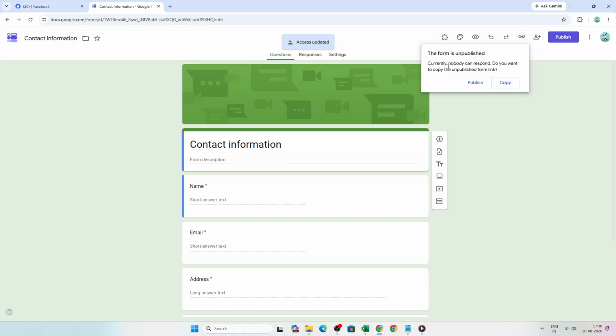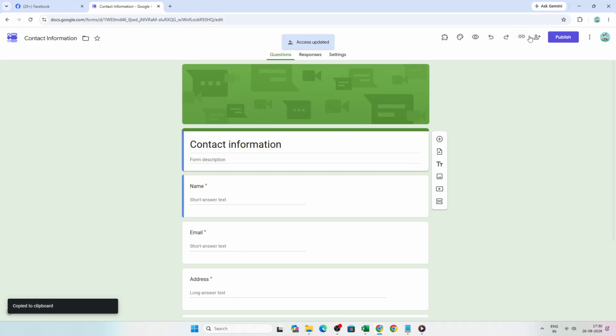You will also want to check the box to shorten the URL. This makes the link cleaner, easier to manage, and better suited for placing inside a Facebook button. After that, click Copy to save the form link to your clipboard. Make sure you copy the correct final link, because this is the address your Facebook visitors will use to open